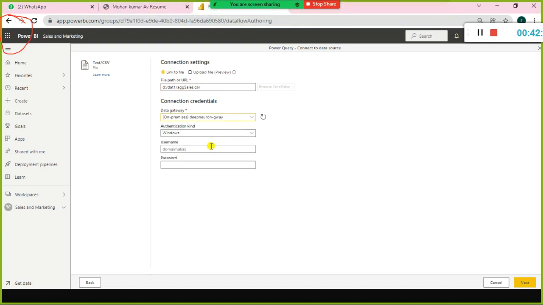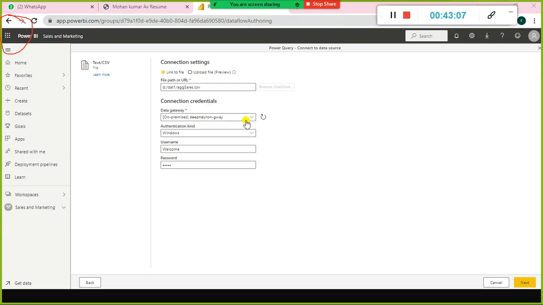I will tell you what is gateway, and here my username is welcome, and I am going to type the password here. Okay, but if I don't select this one, what will happen is nothing will come here. Okay, authentication none. So you have to use the gateway. So in my case, that gateway name is this one. So I will tell you what is gateway later point in time.